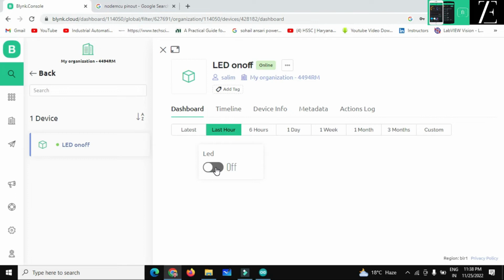In this app you have to just click on your template, and over here you have an editing option. In this editing option, go to LED on off, and over here we have a gear option, and on the gear option you have to just add a button. When you add a button to your application,